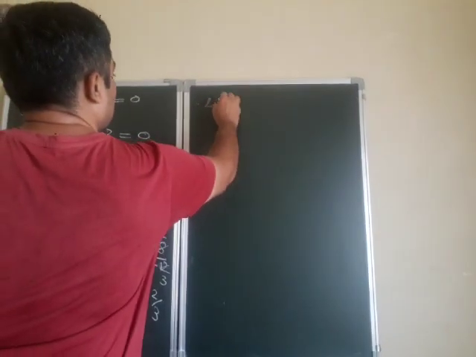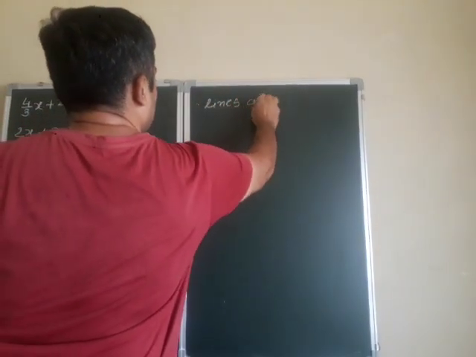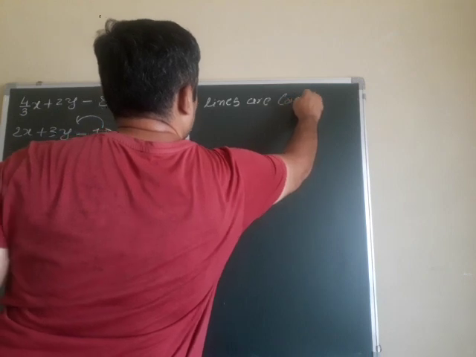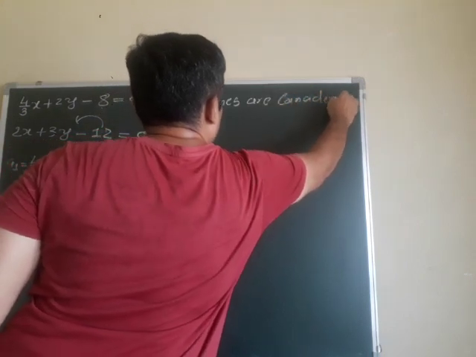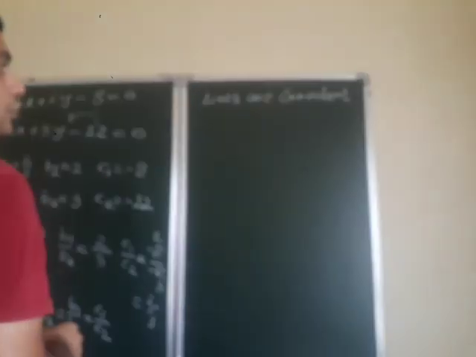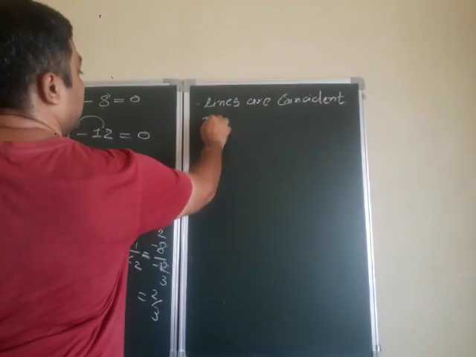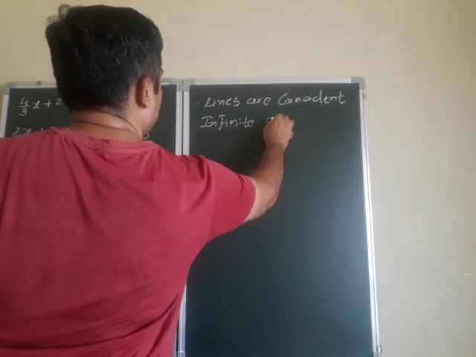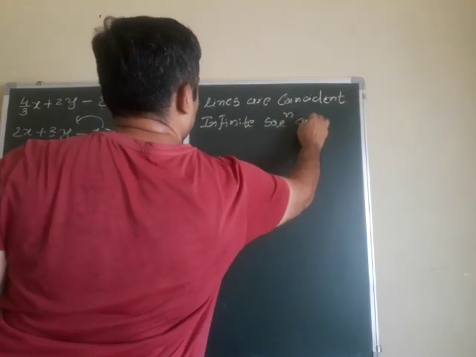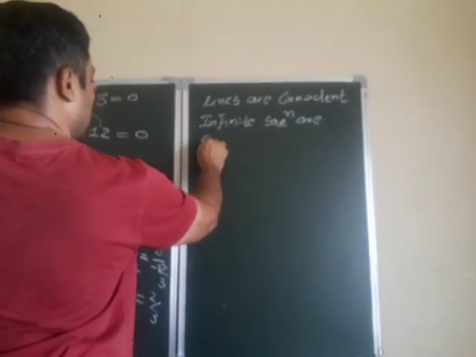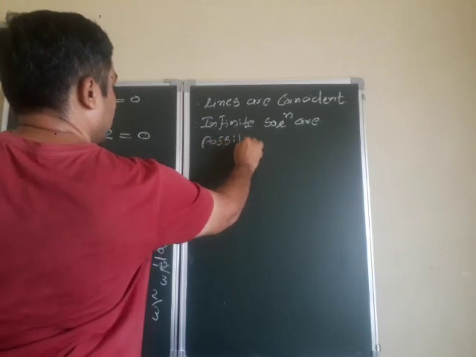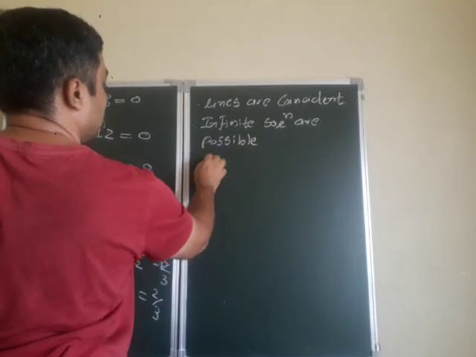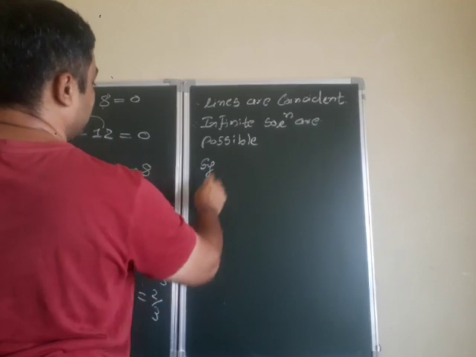Coincident means infinitely many solutions. Infinite solutions are possible, so therefore the system of linear equations,